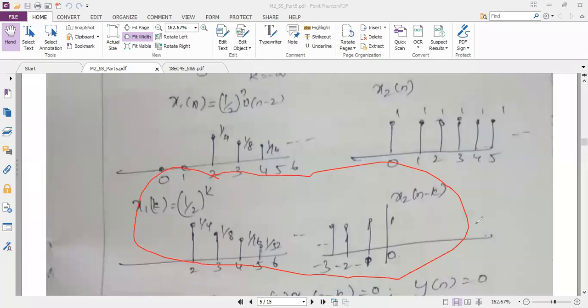Suhas, are you there? Just tell me, for this type of diagram, you have x1 of k with x2 of k. We are going to multiply it and we are going to sum it. So will I get my outputs y of n in two ways for two different summations? Like the previous problem, we had the output y of n for two different summation values. Do we get the same concept here? We will get two outputs here, or we will get only one output for some range of values. I hope you are understanding my question. So here we are doing the analysis. This analysis is very, very important.